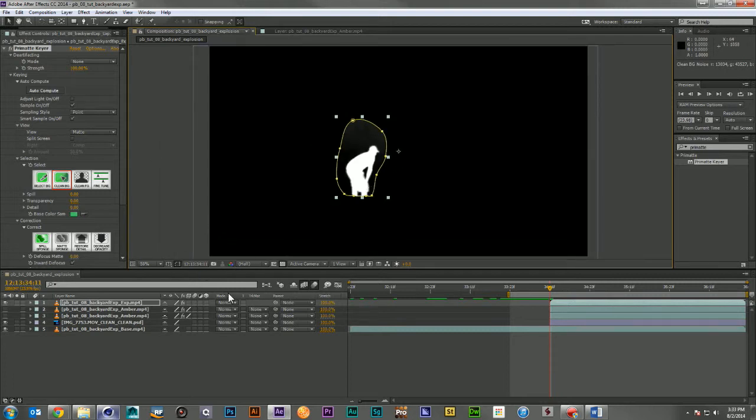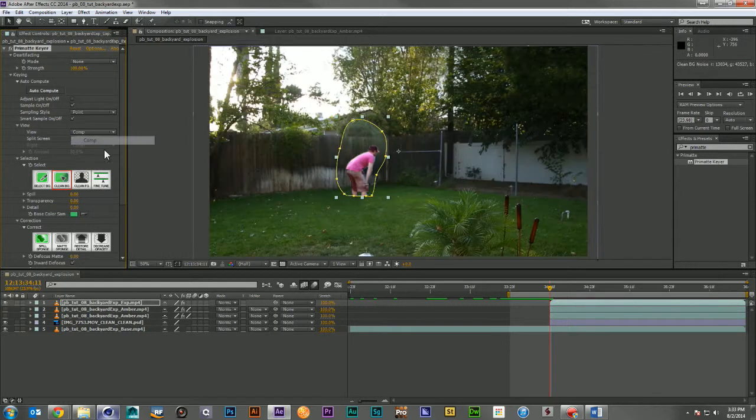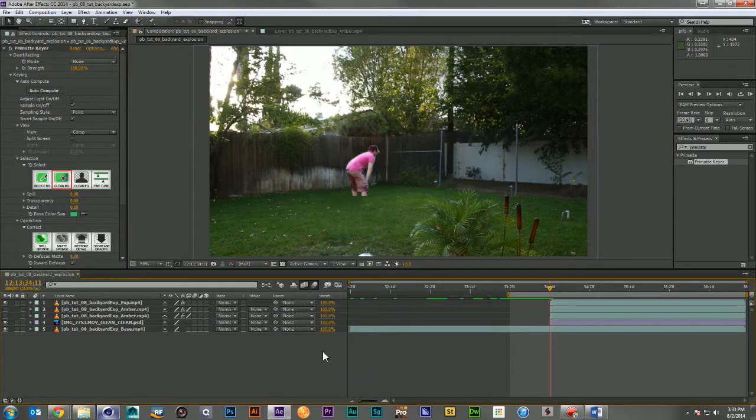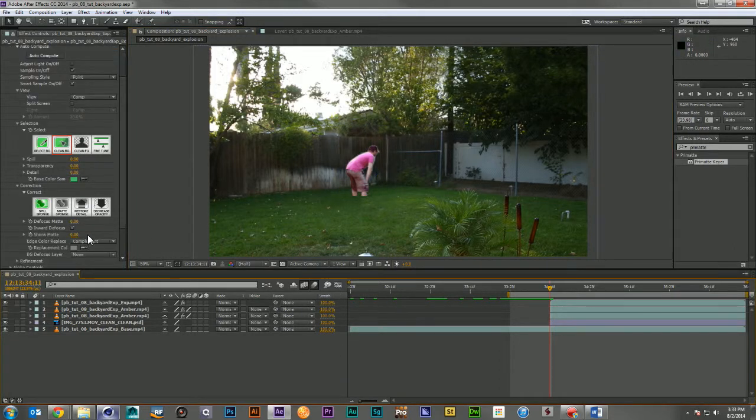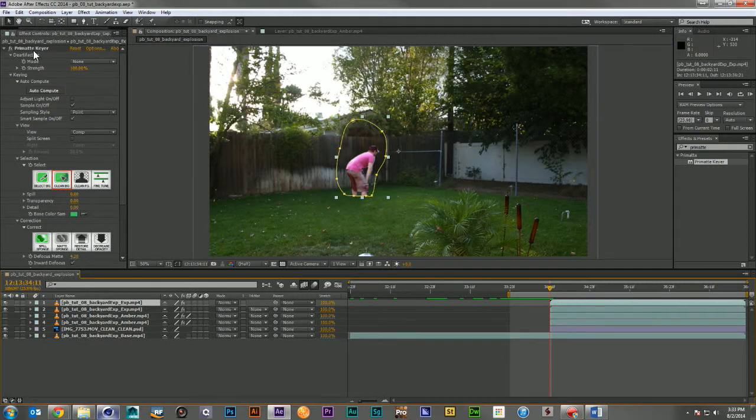All right, let's come back to comp mode. Still a little bit of green up here that we can get rid of. It's a little hazy. All right, and let's go ahead and shrink it up just a little bit. Give it a little bit of an edge softening. There we go. Now we're gonna have to do the same thing for Eric's feet that we did for Amber's